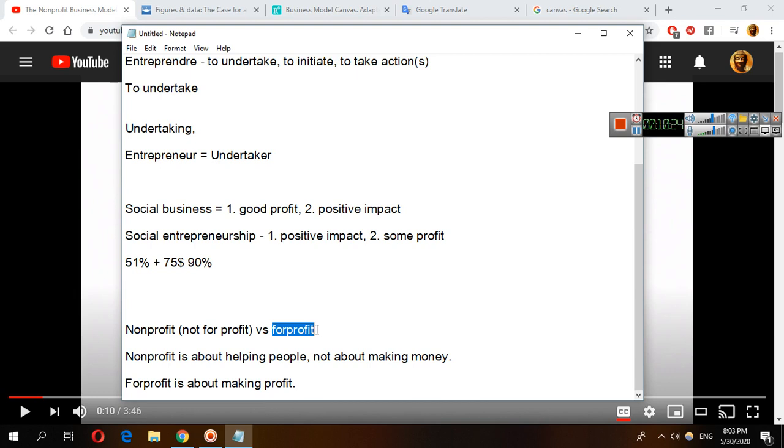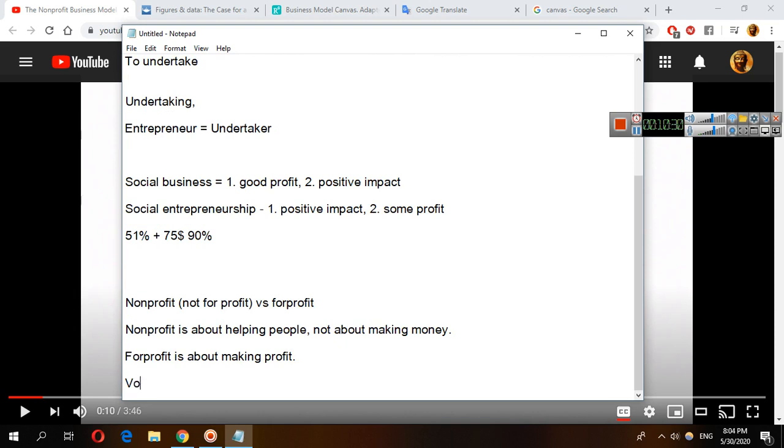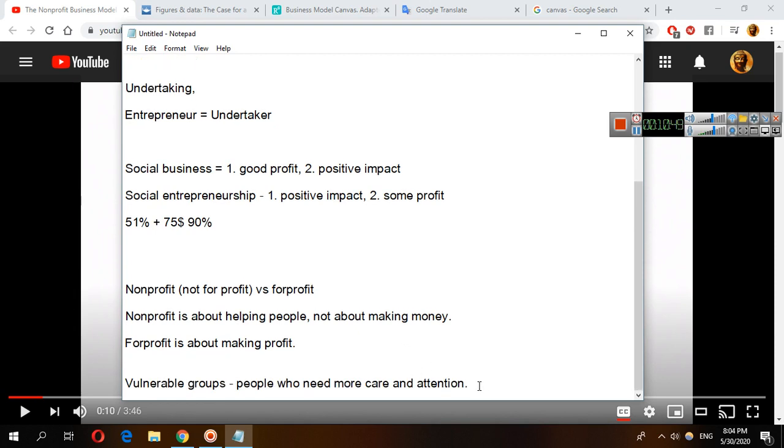If you want to help society or specific vulnerable groups, like people who need more care and attention, for instance, people with some physical health problems, maybe women, maybe LGBT people,